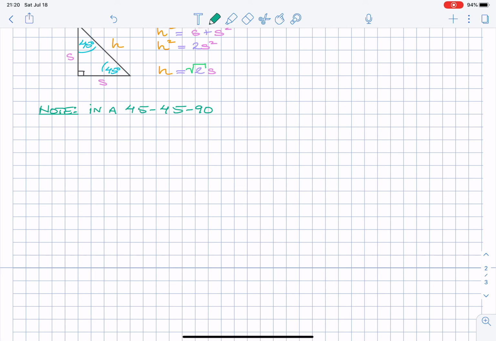But I have two of the same smallest, so in a 45-45-90 right triangle, the ratios of side to hypotenuse, so side to hypotenuse, are given by